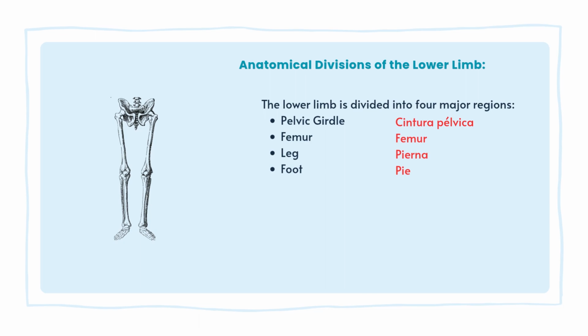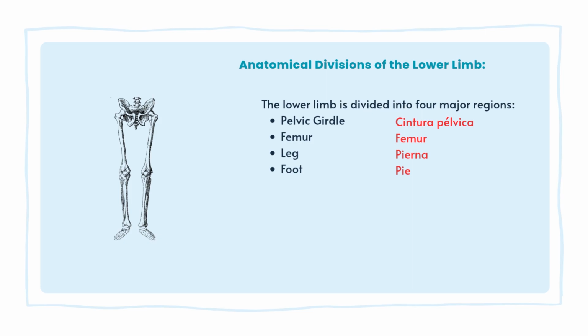The lower limb is divided into four major regions: pelvic girdle, femur, leg, and foot. And in Spanish,